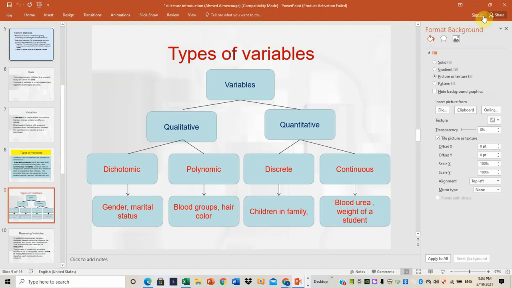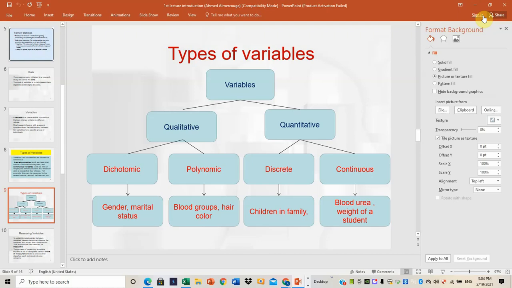So variables are of two types: qualitative variable and quantitative variable. Qualitative variables are either dichotomic or polynomic. Dichotomic, like gender, male and female, marital status, single or married,